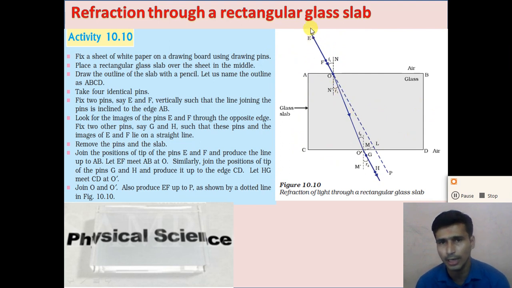Now draw the line from E and F up to A, right? So this ray is called the incident ray to the glass slab. The ray EF enters from the air to the glass slab. And similarly, draw a